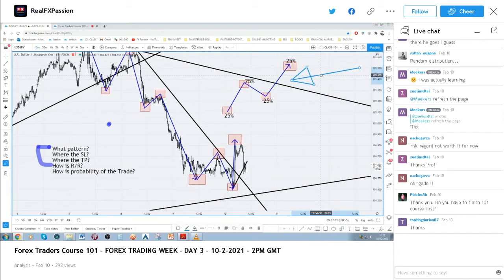Zuelia says 50. Errol says 25. It's 50, everybody. You have the first low and you have the first higher high compared to the previous one. If this is not clear, beginner traders, please go back to the recorded lessons and watch the lessons one more time.